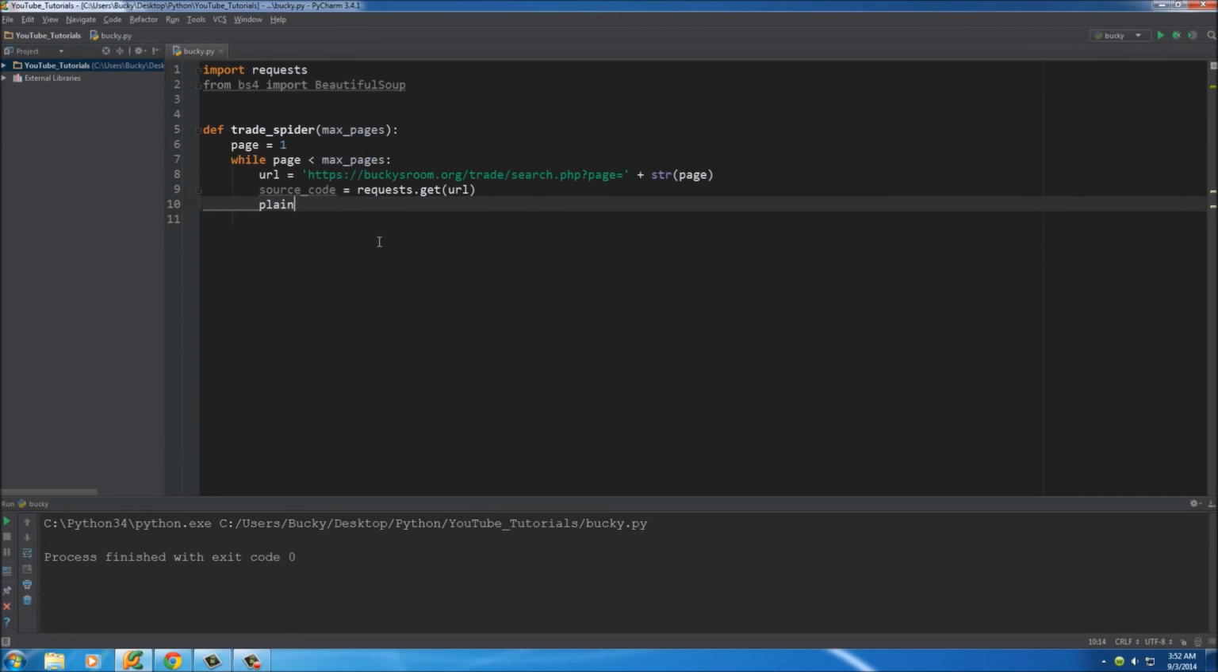So what I can do now is put plain underscore text, or you can name your variable anything you want. And if you put